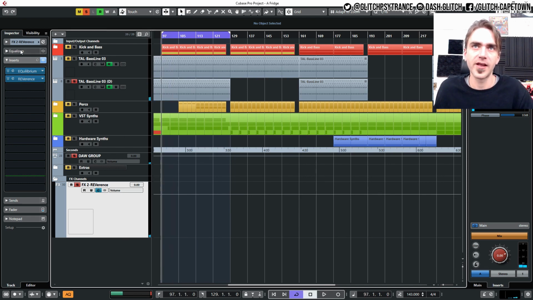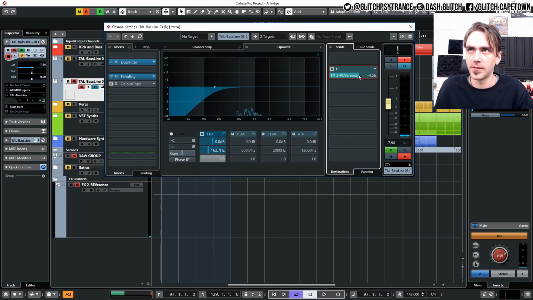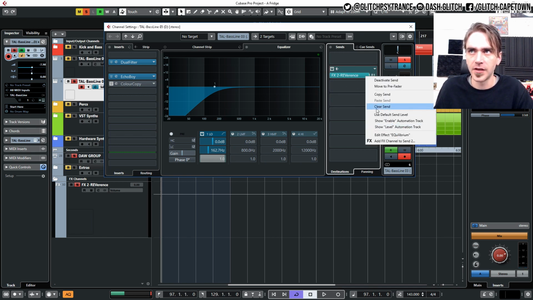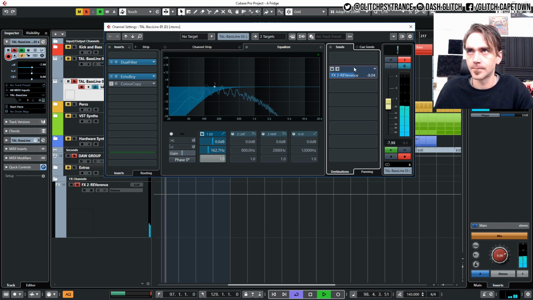So here you see we've created a separate channel for the reverb, and if we go back to this original synth channel, we can actually turn this volume up. And if we get to a point where we don't have enough volume because we've turned this down, you can actually turn this to Prefader. And what that does is it kind of ignores the volume over here. And